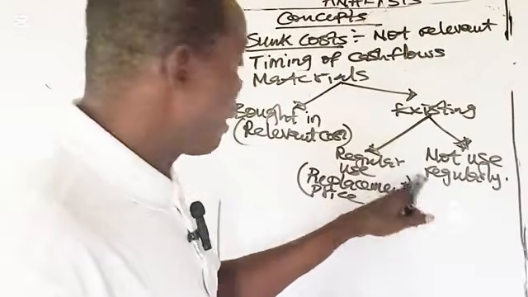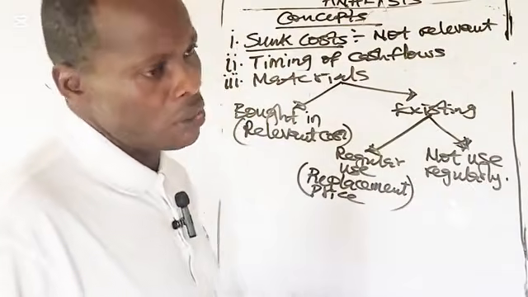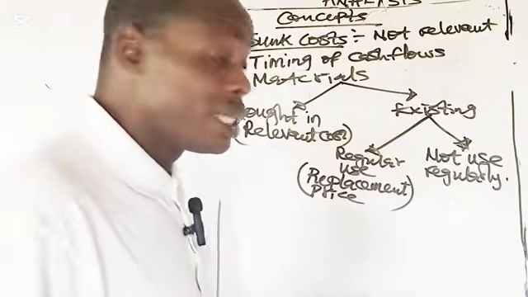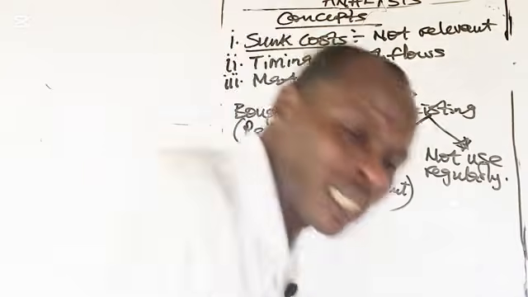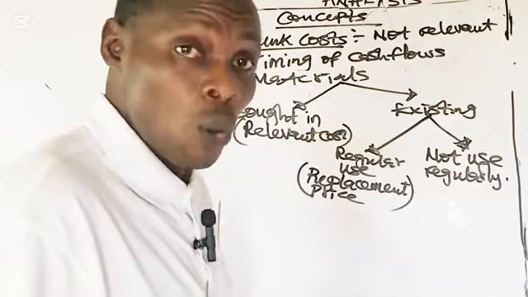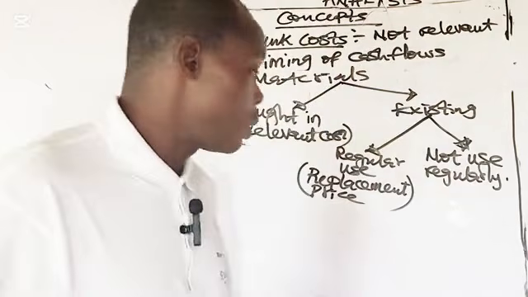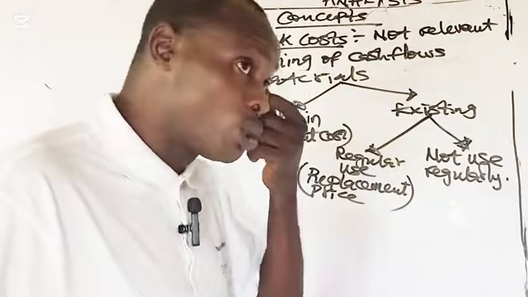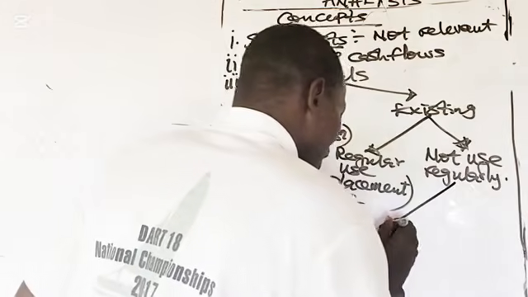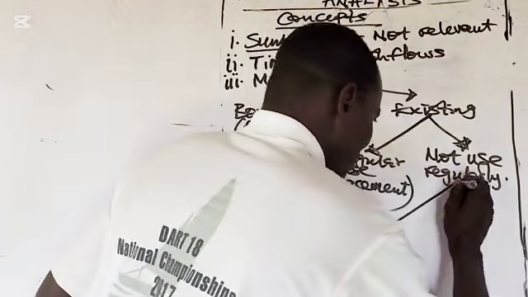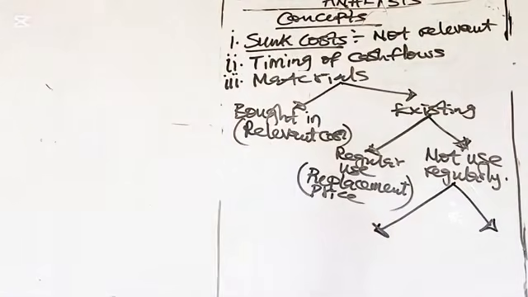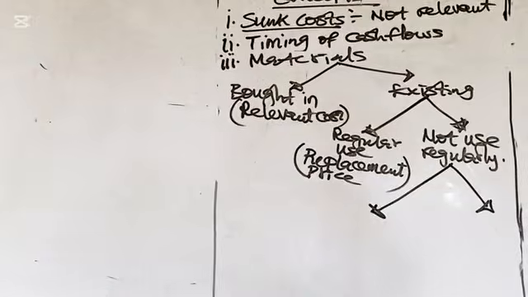Now, the second one that we examine is where the materials are not used regularly. It means if they are not used regularly, the entity may have the option of disposing them off if they don't need them again, where they can get people willing to buy them. So, where the materials are not used regularly, their relevant cost is the